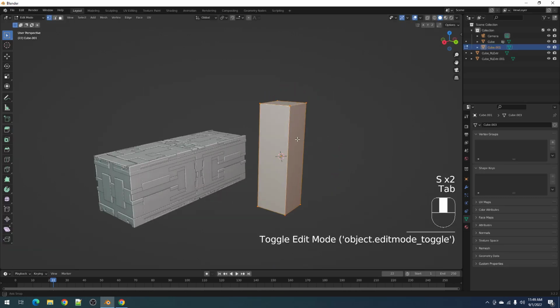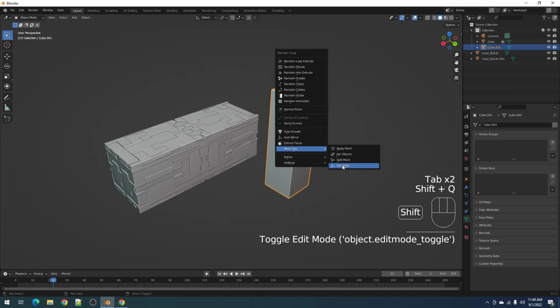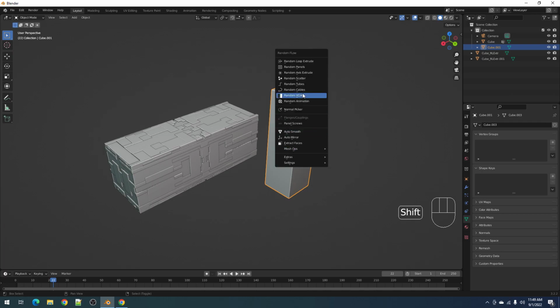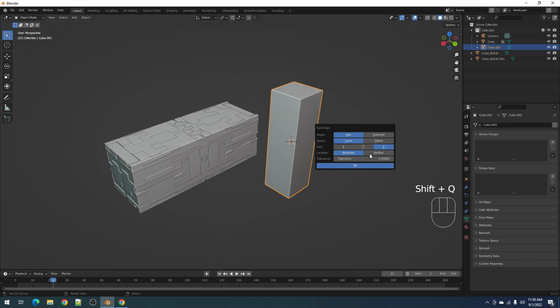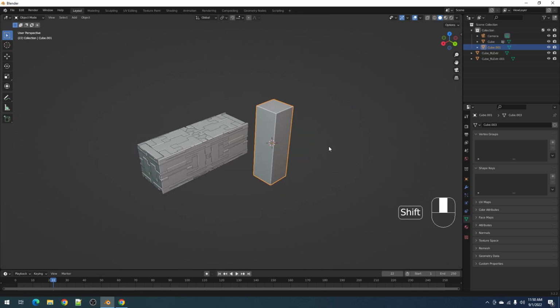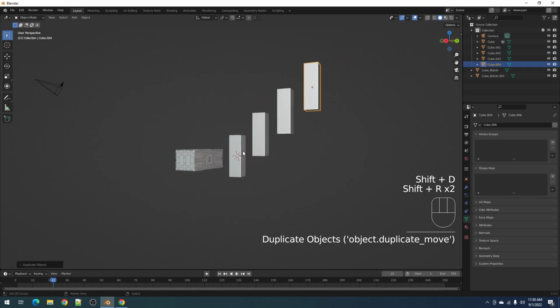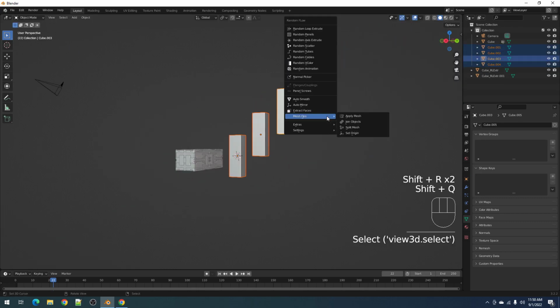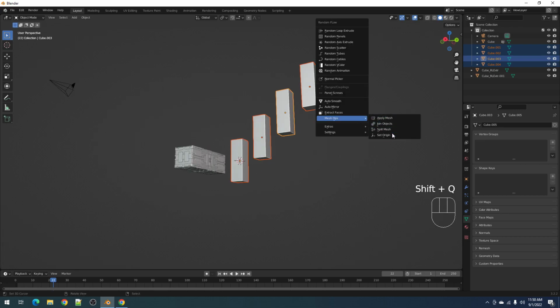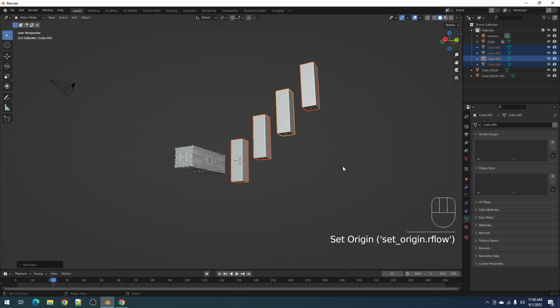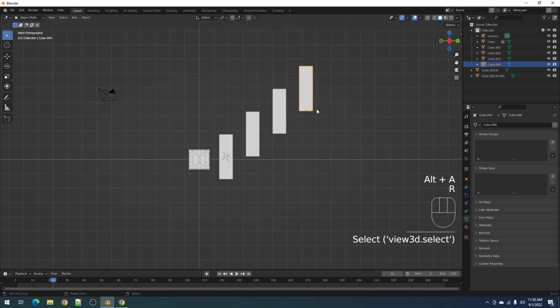So basically what this does is meant to work in tandem with the random scatter operator by setting origins quickly of selected objects. So for example, I want to set it at their lowest element. Set origin. Okay. So now,